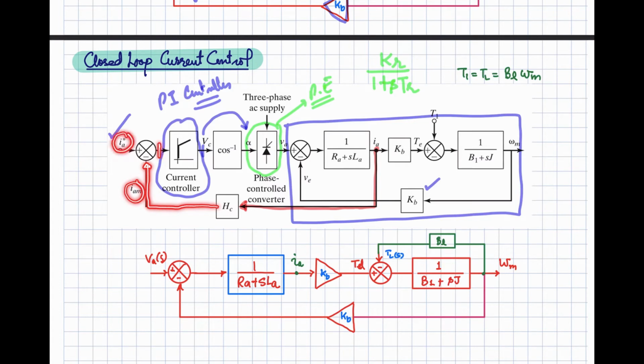So from here we will be getting the actual current of your armature, and that will be compared with the command current. So we will be having the current error over here, that will be processed by your current controller and it will be deciding about a control voltage that will be translated in terms of the required firing angle, and that firing angle will decide what is the voltage at the machine terminal such that it is giving you such a current in the armature winding that is equal to this command current.